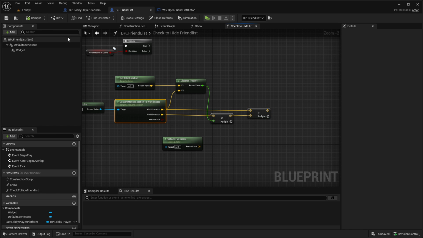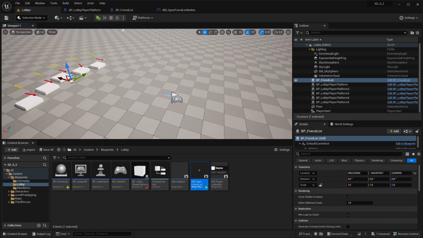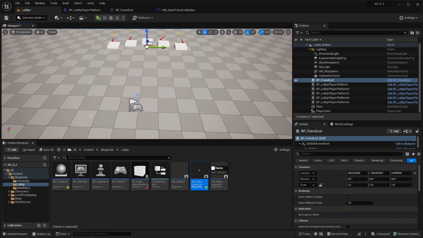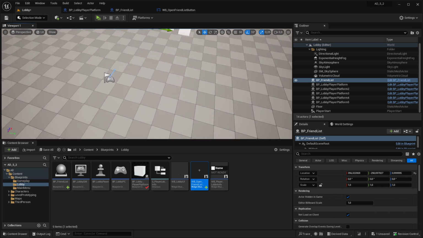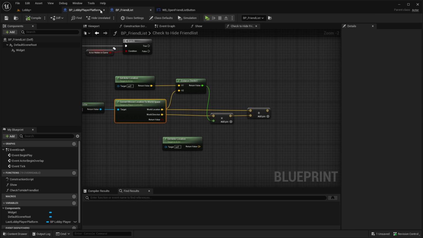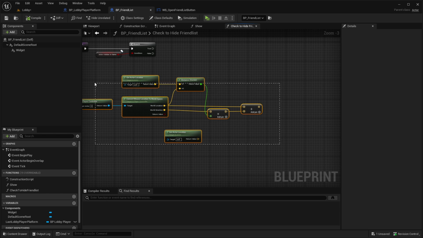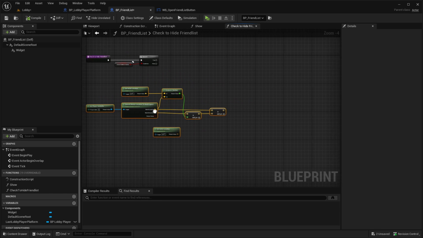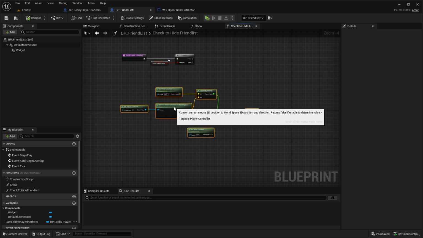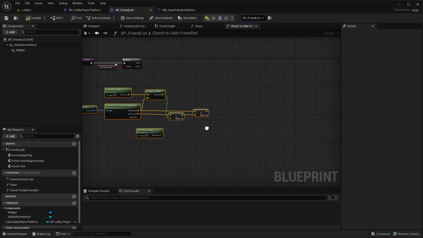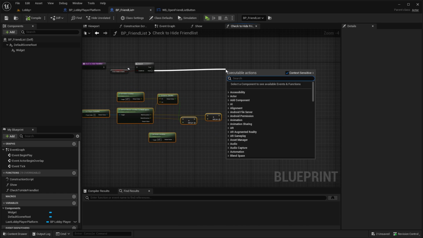So again, by the world location, it knows where the location is, upwards and horizontally, and by adding this here, it knows how much it needs to go forward to match the friend list location, and also in which direction it should go. So it's a bit complicated, but I hope you understood it, and if not, that doesn't matter that much either. So going here with another branch